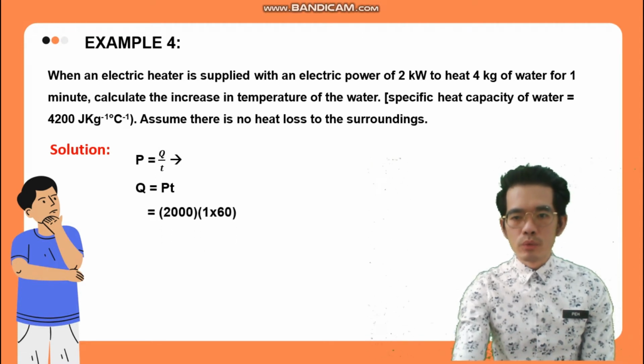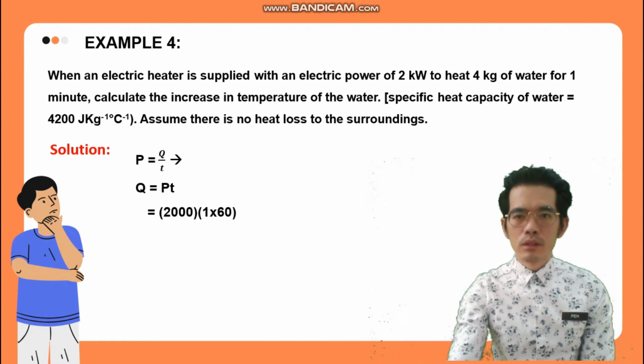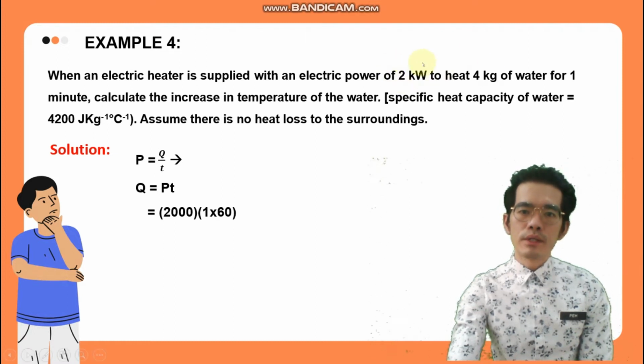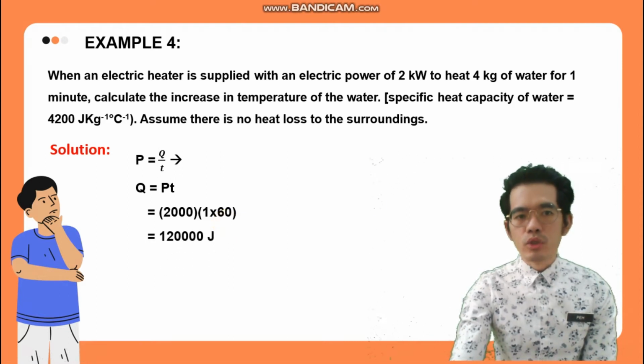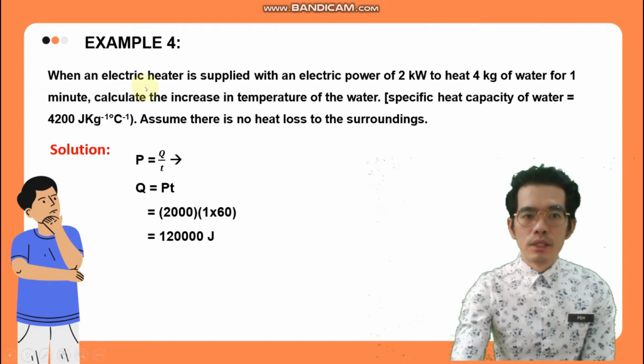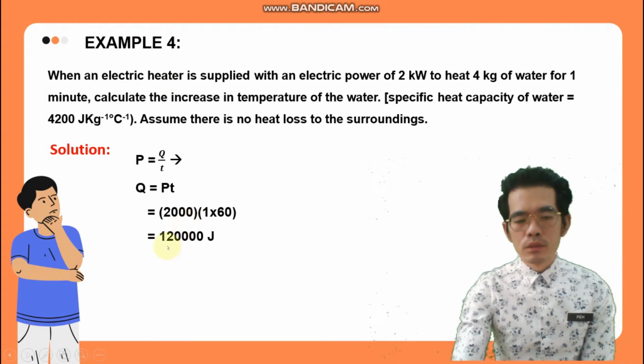So we substitute the values of power, which is 2000 watt, and 60 seconds. We get the heat energy supplied to the water from the electric heater is about 120